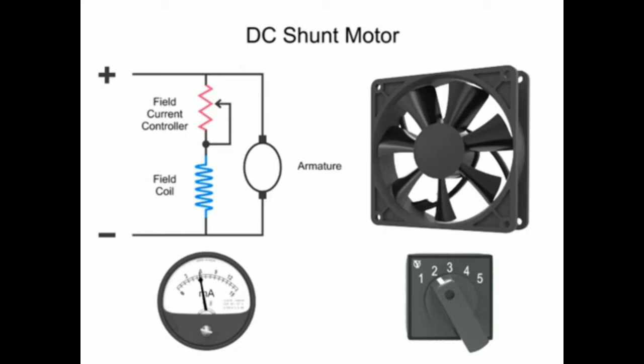This motor action is counterintuitive. You would expect that decreasing the current and thus producing less power would slow the motor down. To explain this phenomenon, let's take a closer look at what happens in a shunt motor circuit when the current